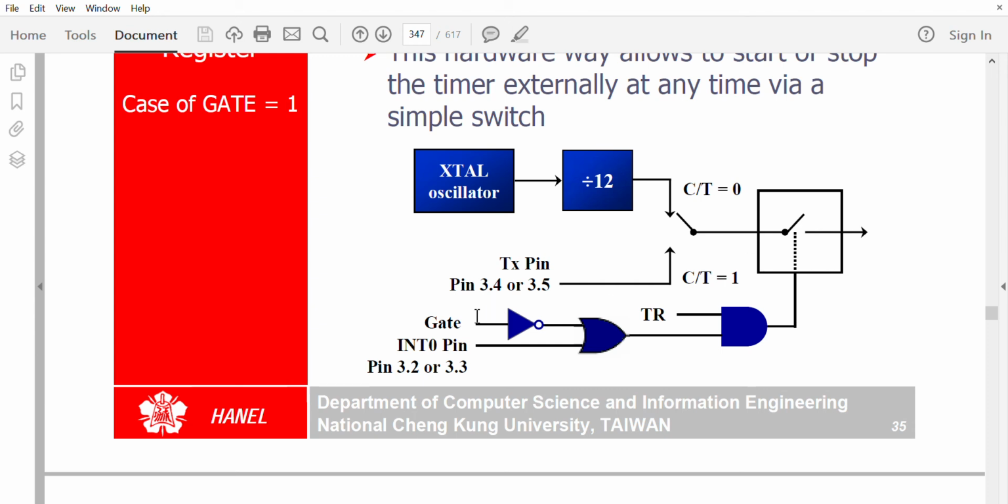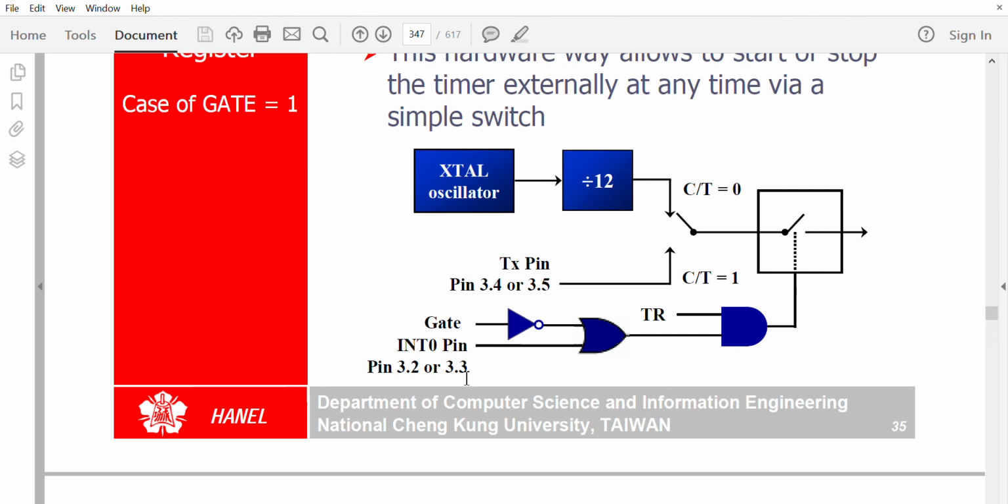So if gate is equal to 1, then this input of the OR gate will be 0. So the output of the OR gate will depend on pin 32 or 33. So what is pin 32 or 33?